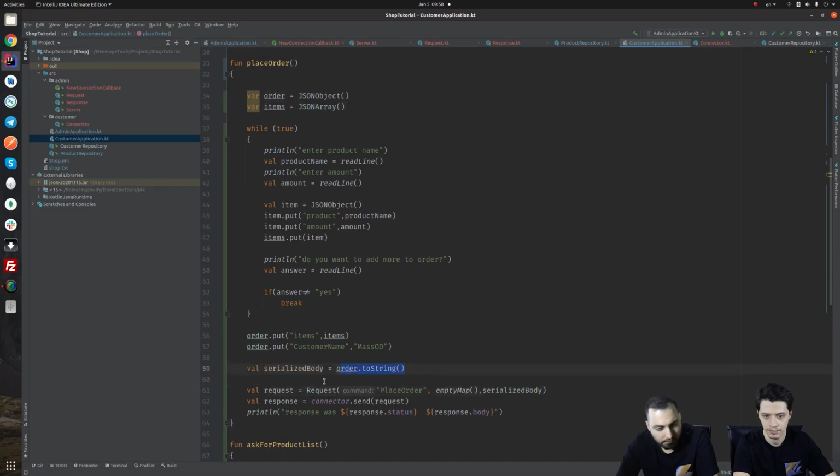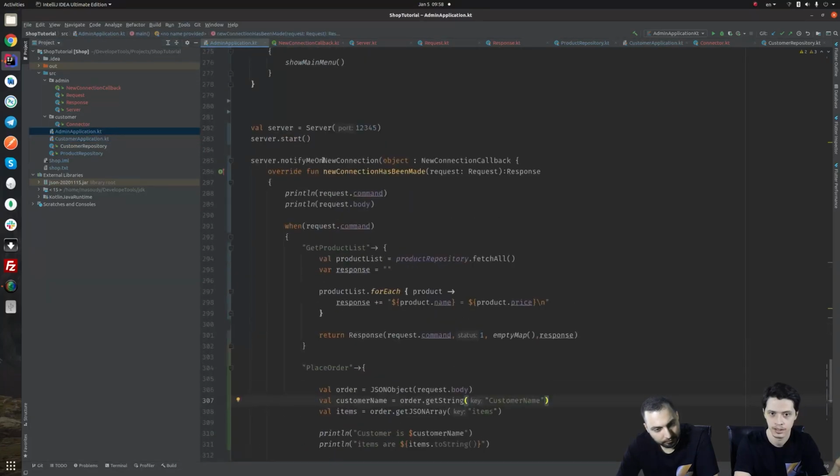Then we pass it to the connector as a request, and the connector serializes it as a sequence of bytes and sends it to the admin, and the admin, the server here, receives those sequences of bytes and